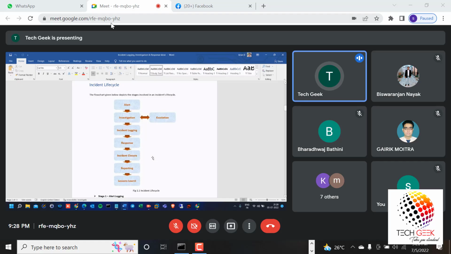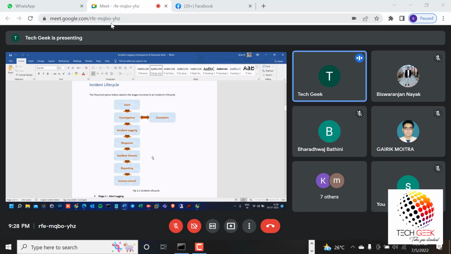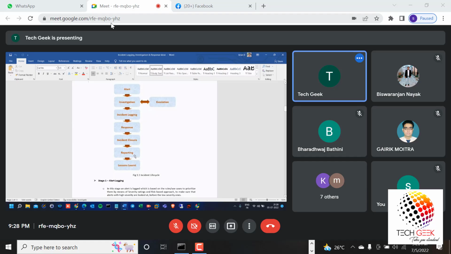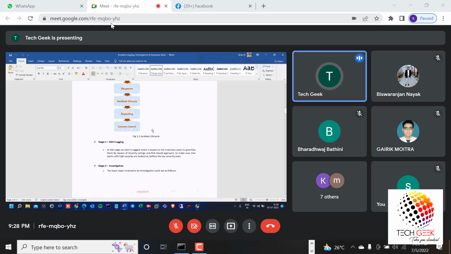Once everything is done, for each and every activity we need to create a report. Reporting is very important in cyber security. What steps we took, the remediation steps, whom we reported to, and how many days it took to resolve that particular incident. Everything is important. When it comes to reporting, L2 or L3, the seniors, will do that.